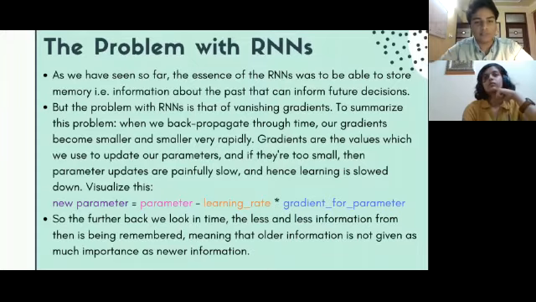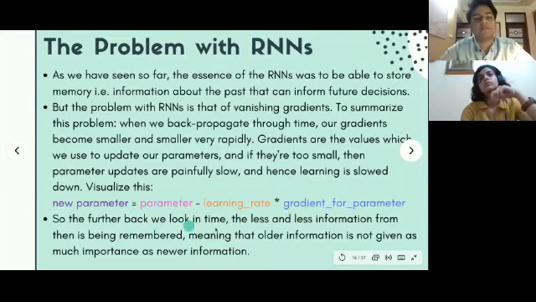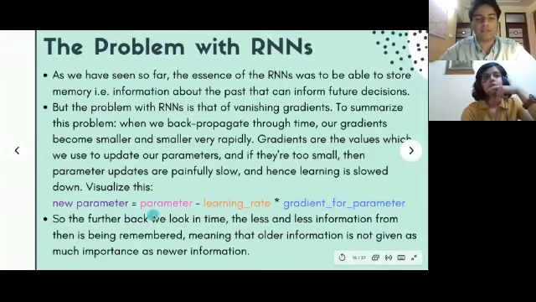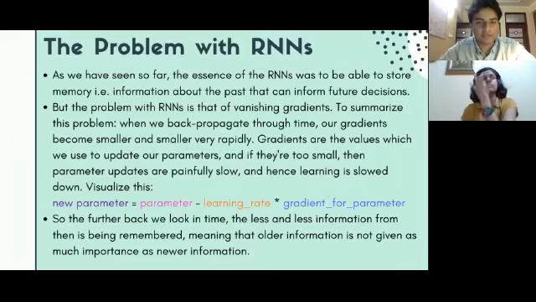If the gradients are too small, then parameter updates are going to be very slow, right? So let me try to use this equation to drive this point home. This is not the exact parameter update equation which is used in recurrent neural networks, but it'll help elucidate the idea that I'm talking about. Our new parameter is found by taking our old parameter and subtracting from it the gradient times the learning rate. Now, if the value for the gradient is too small, then we're hardly going to be subtracting anything from our parameter, and our parameter updates are going to be very small, infinitesimal in fact, and hence learning is slowed down. A machine learning model is going to have a really hard time learning any useful information.